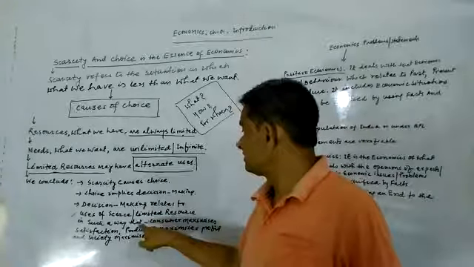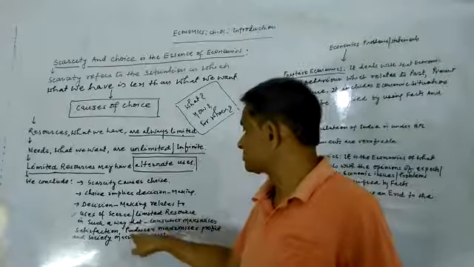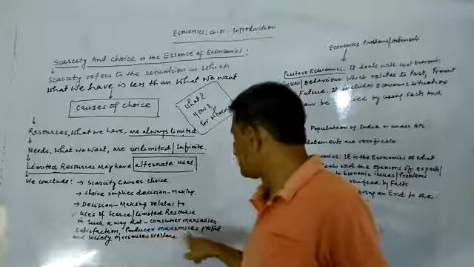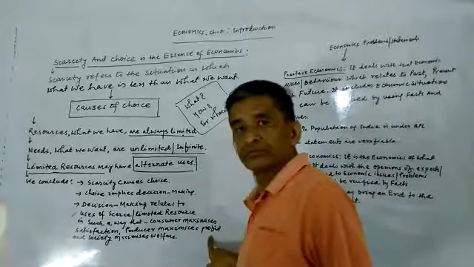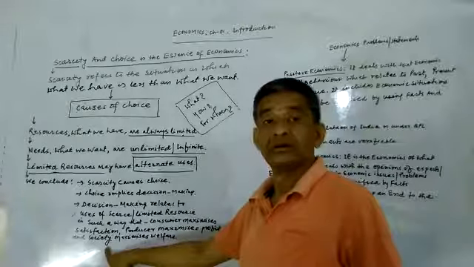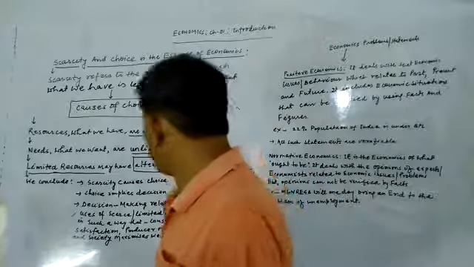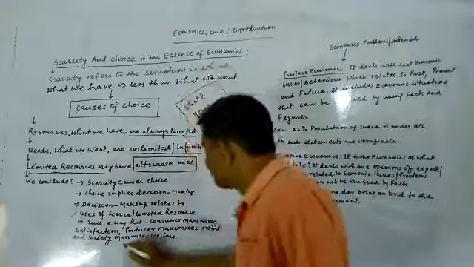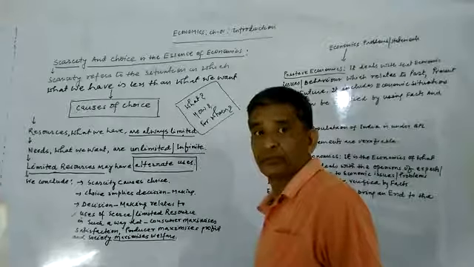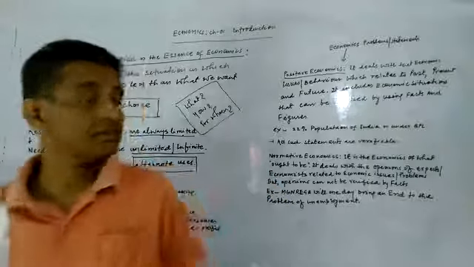Decision making is related to the use of limited resources in such a way that a producer maximizes profit, and at the same time a society uses its limited resources in such a way that it maximizes welfare. It is one of the major aspects of economics.